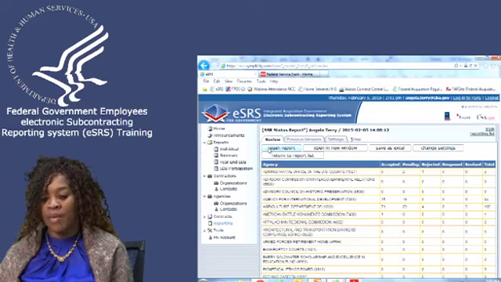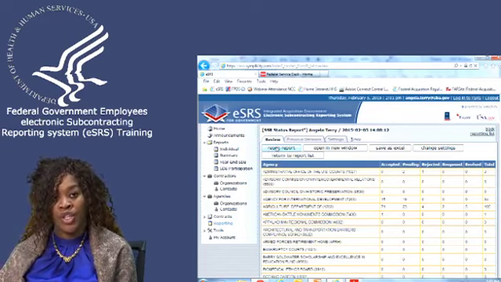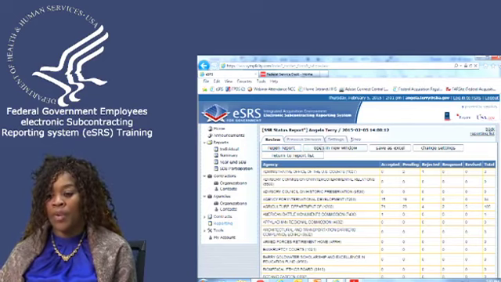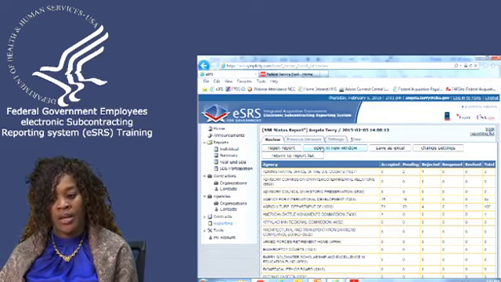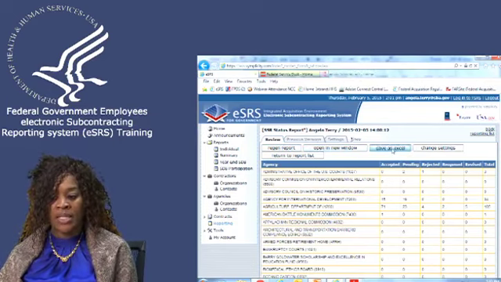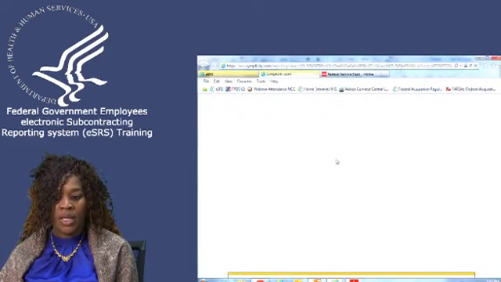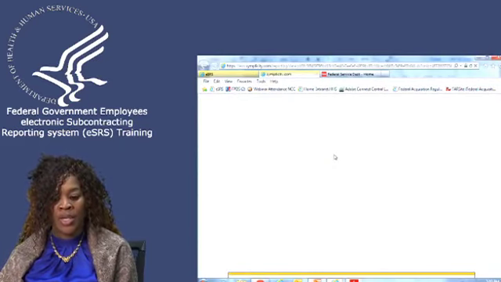If you wanted to regenerate that report because a contractor or a contracting officer just said that they cleared the queue, and you want to verify that, you can just hit regenerate the report. It goes back out and regenerates the report again. If you want to open this report in a new window because you want to do something else, you can do that. If you want to save this data into an Excel spreadsheet, you just click on this Save Excel, and it will generate the information in an Excel spreadsheet so that you can utilize the functionality of Excel.